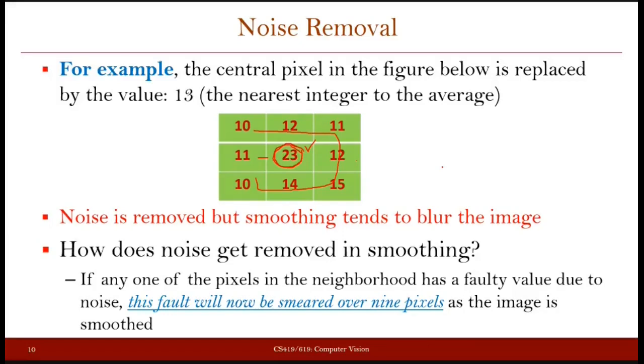Okay. So in both cases, if it is a very high intensity, to match it to the neighboring pixels we have to reduce it, and if the intensity is very low, then to match it you have to bring it a little up. So that's exactly what happens in the case of averaging.